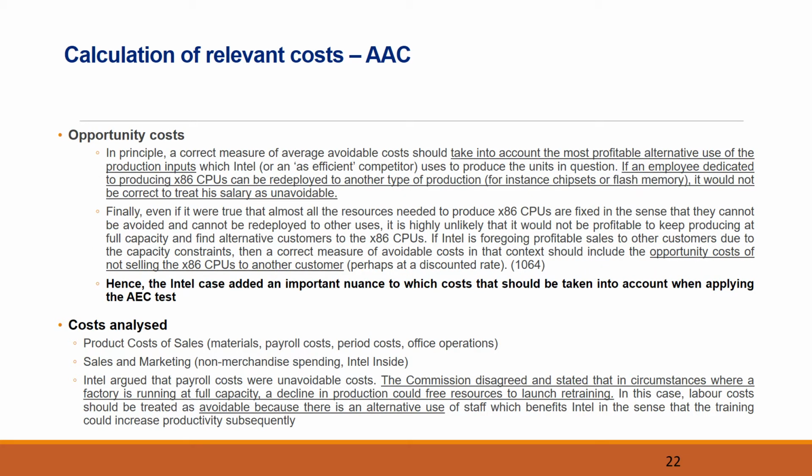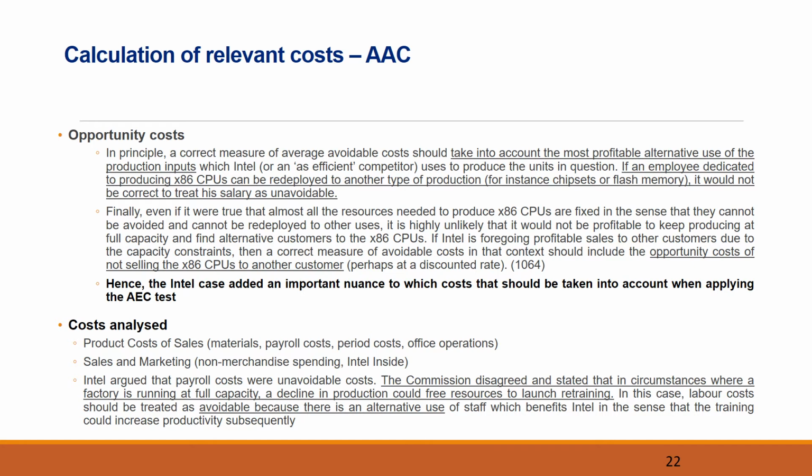In principle, a correct measure of average avoidable cost should take into account the most profitable alternative use of the production input which Intel, or an efficient competitor, uses to produce the units in question. If an employee dedicated to producing x86 CPUs can be redeployed to another type of production, for instance chipsets or flash memory, it would not be correct to treat his salary as unavoidable. This is an important nuance to which costs should be taken into account when applying the AEC test that the